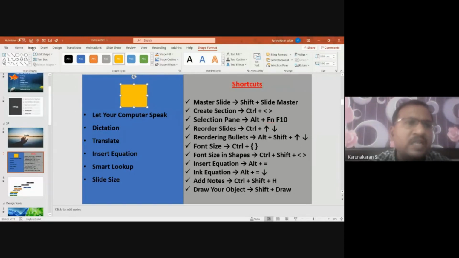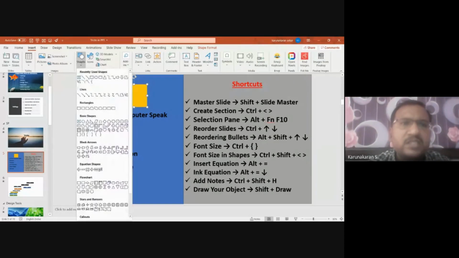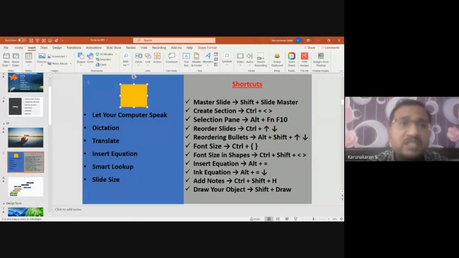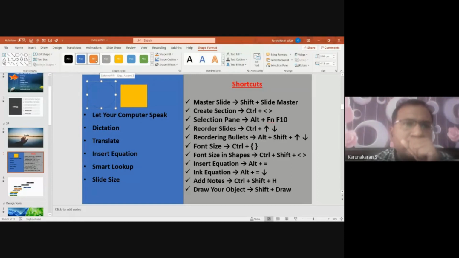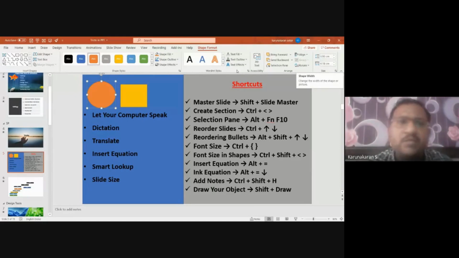Similarly, let me draw another example. Draw a circle. And drawing a circle is the most difficult part. Let me fill this with another color. So again, do you think this is a perfect circle? No, you can see here it is 3.93 centimeter and the width is 4.18 centimeter. So the radius is not equal here. So this is not a circle, obviously, right? But we think it is a circle.